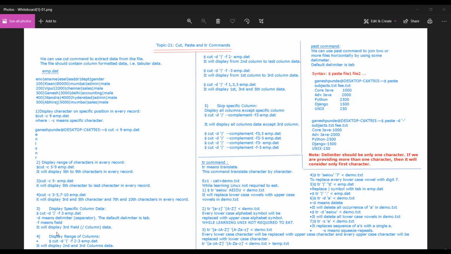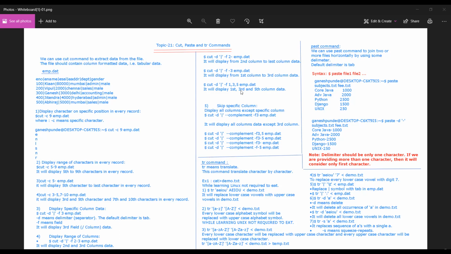Now another example, if you want a range of columns, right? If you want to display the second and third column data, how can you say it? cut -d, so this will be the delimiter, all right? The pipe will be the delimiter, and the second and third field column data will be displayed.